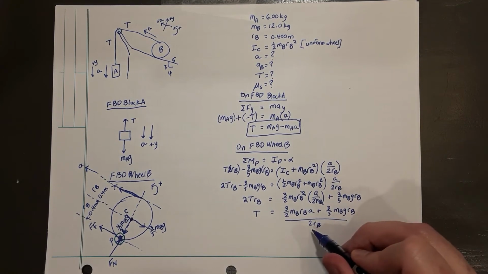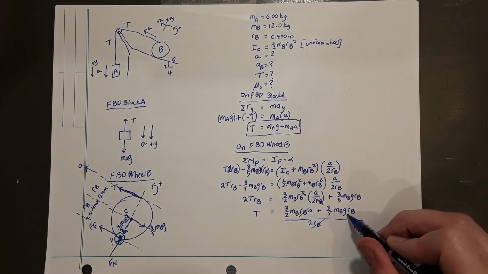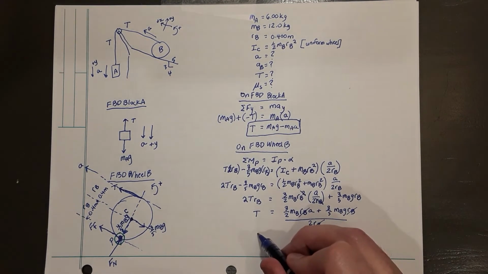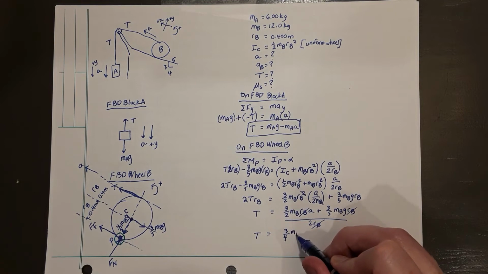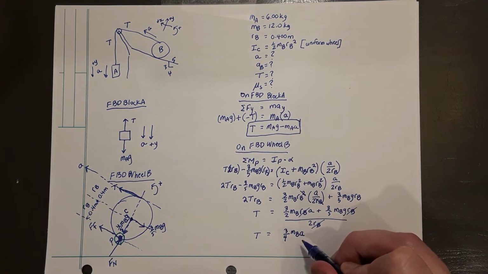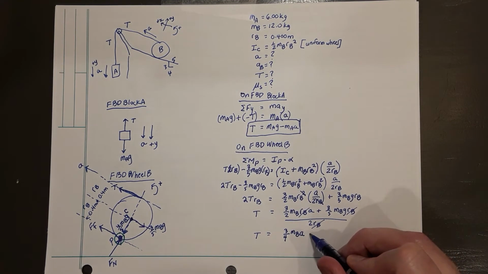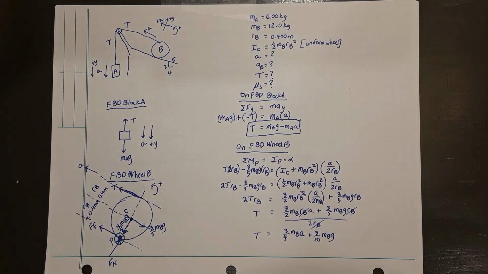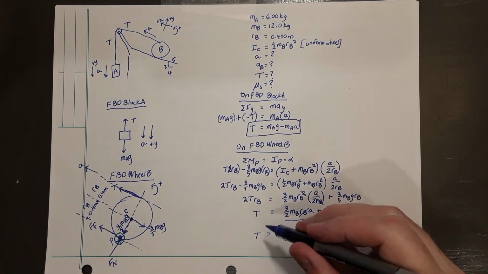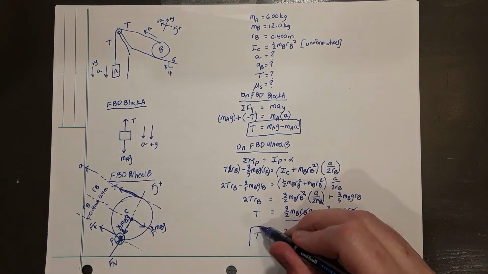The RB appears in all terms, and so it will cancel. And if I divide everything by 2, I end up with 3/4 MBA plus 3/10 MBG. This is the equation for tension